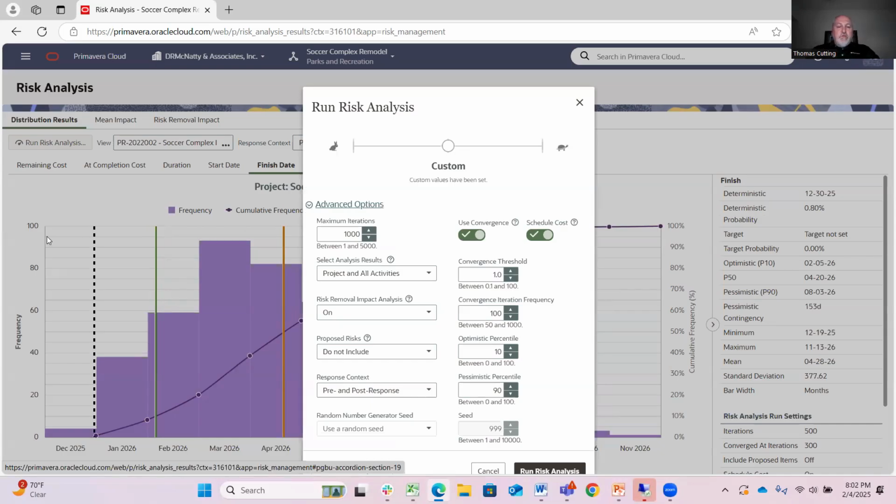So the idea here is we've gone through and identified risks. We have tied those to activities. We've set up the minimum, most likely, and basically pessimistic and optimistic views of the durations of those activities. We've assigned costs to those activities and probability of it happening. And so all of that information is fed into this Monte Carlo simulation and allows us to do up to 5,000